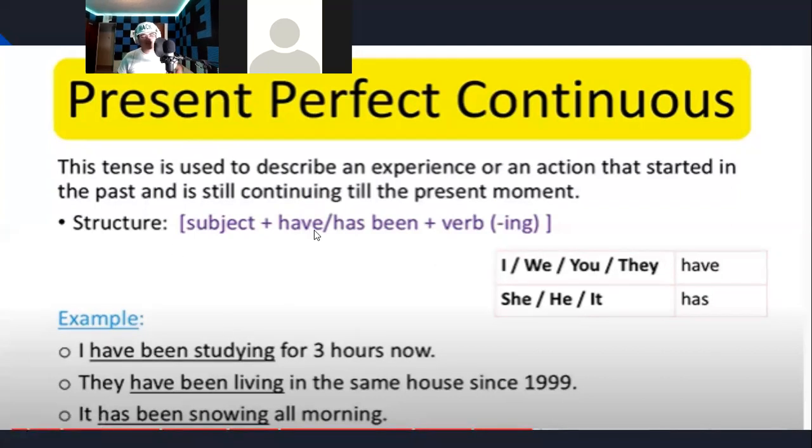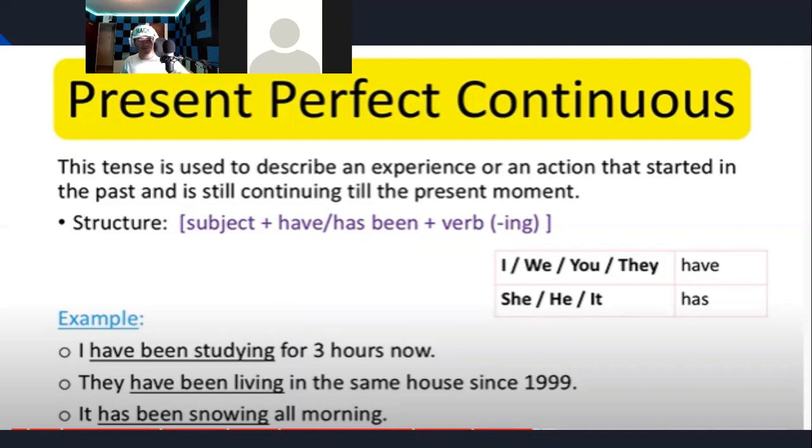And the structure is subject plus have or has been, plus the verb in the ing form. And you have to remember right here to use have for I, we, you, and they: they have, we have, I have. And for the she, he, and it subjects, we use has. She has, he has, it has. And the examples right here are,